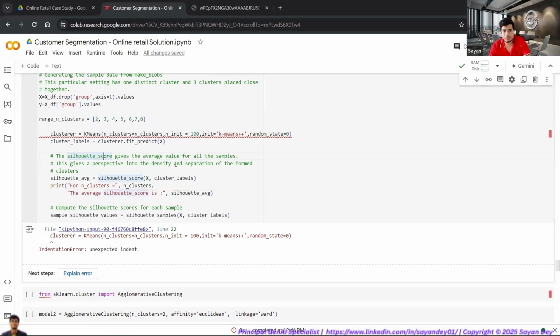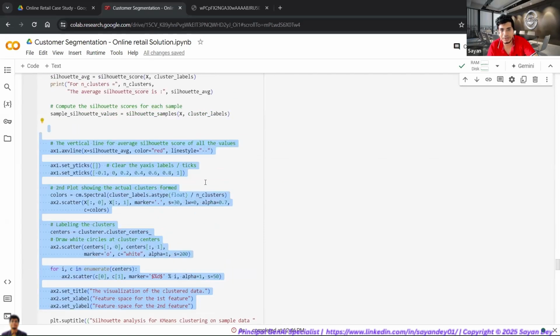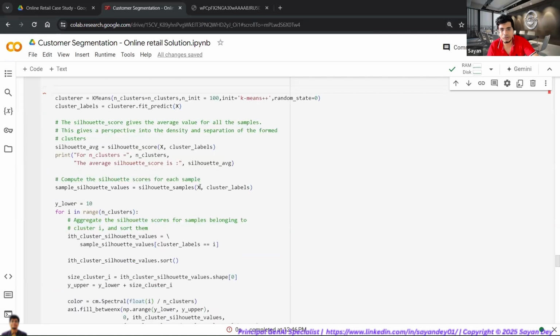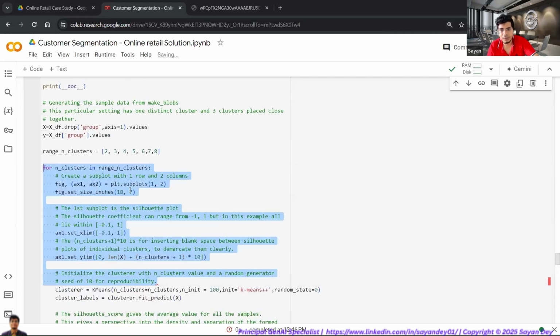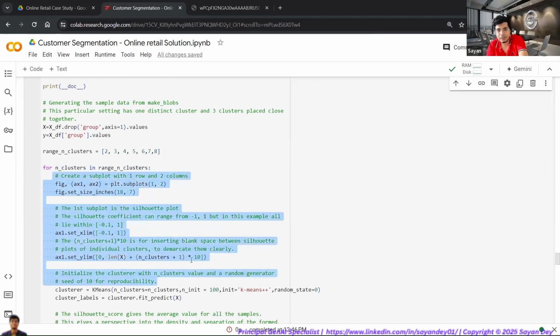Now I think there's some problem. Unexpected indent. Where did we get one? Anybody's able to see that? Oh, did I remove the for loop? Oh my god, what did I do? I think I removed the for loop. Sorry, by mistake I removed the for loop completely. Why would I remove the for loop? Sorry. Okay, let me just go and do